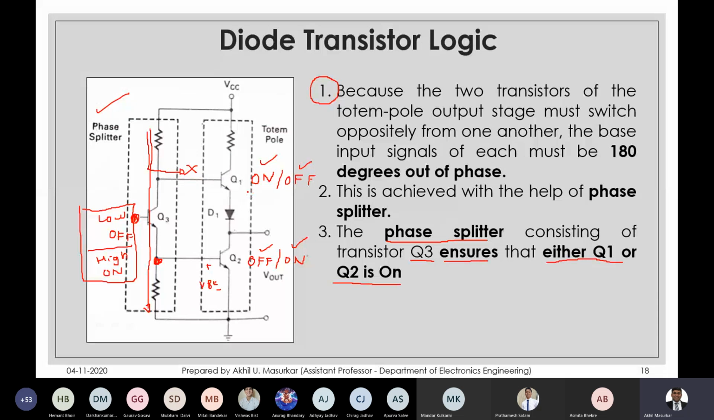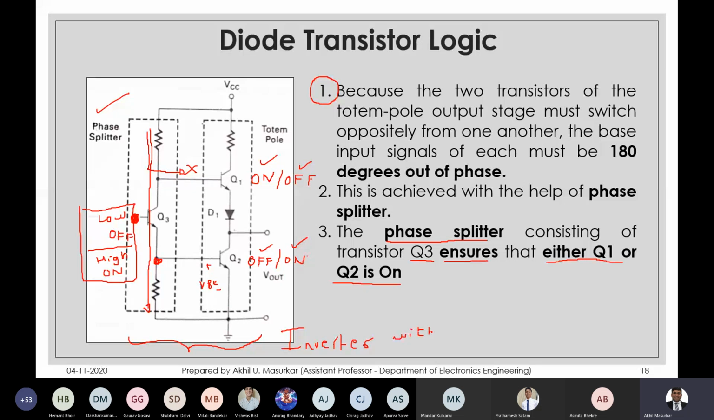But we replaced it with a totem pole, but the totem pole came with another problem: control of transistors Q1 and Q2. So we introduced the phase splitter. Now at this point we can give our input of the previous AND gate and get a NAND gate. So in short, phase splitter plus totem pole gives me an inverter